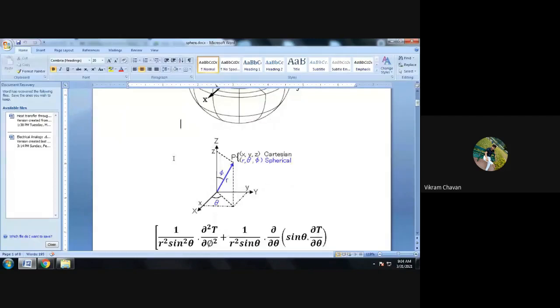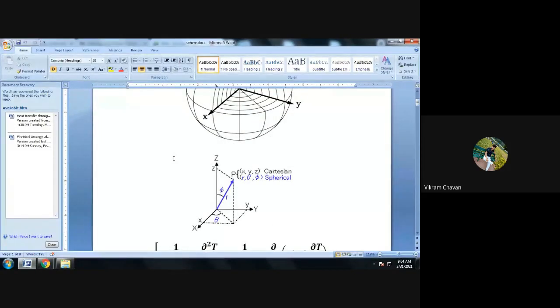So in the last lecture also we discussed how one can locate a point in a sphere. The coordinates required in a spherical coordinate system are r, theta and phi. R is the distance from the center of the sphere. A sphere has only one center, and the distance from the sphere center to that particular point will be considered as the r coordinate.